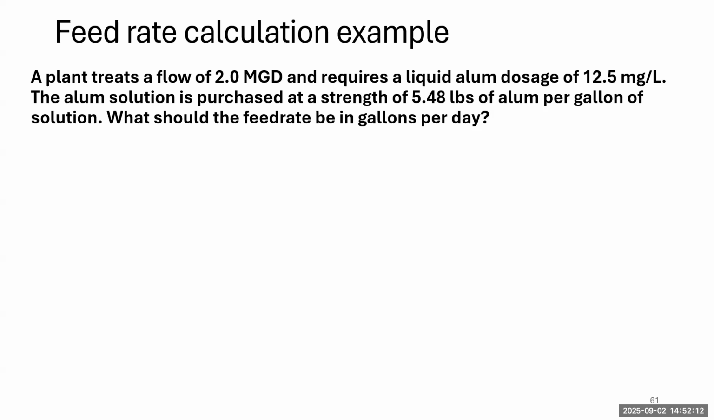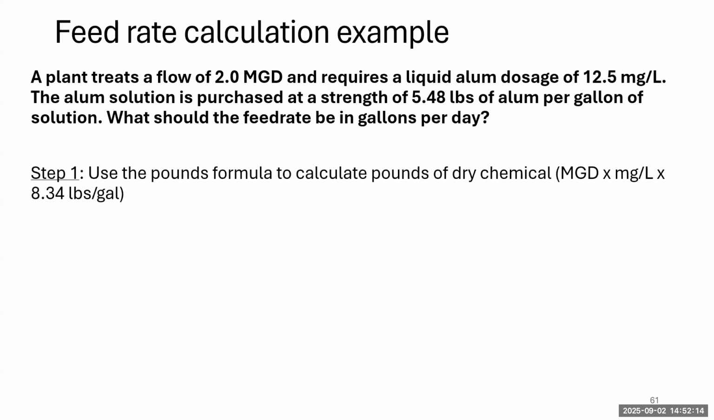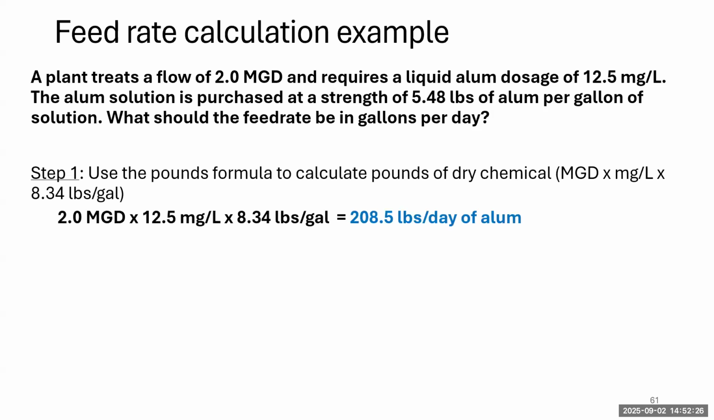So first of all, I'm going to calculate how many pounds of dry alum we would need. I'm going to use that pounds formula. That flow in mgd, it's 2. The dosage is 12.5 milligrams per liter, and the weight of water is always 8.34 pounds. So if I multiply across that, 2 mgd times 12.5 milligrams per liter, that's my dosage concentration for alum, times 8.34 pounds per gallon, I get a result that I need 208.5 pounds per day of dry alum,